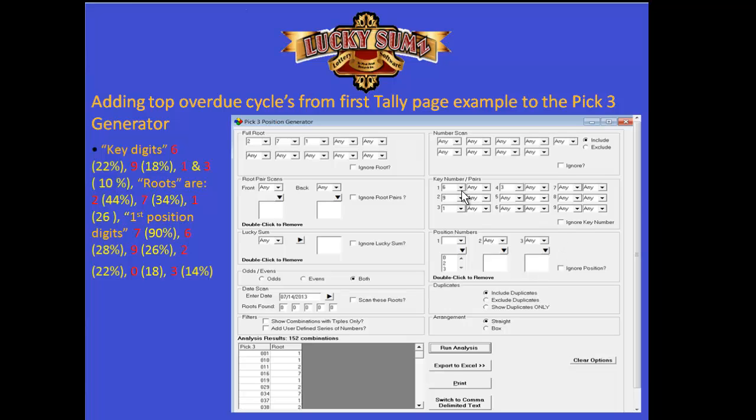In the key pairs, we're looking for the 6, 9, 1, and 3, as they're the most overdue key digits. We're also going to look at the first position digits, which is the 7, 6, 9, 2, 0, and 3. We're going to include both duplicates and non-duplicates. And we're looking for straight bets only. After we run the analysis, we get